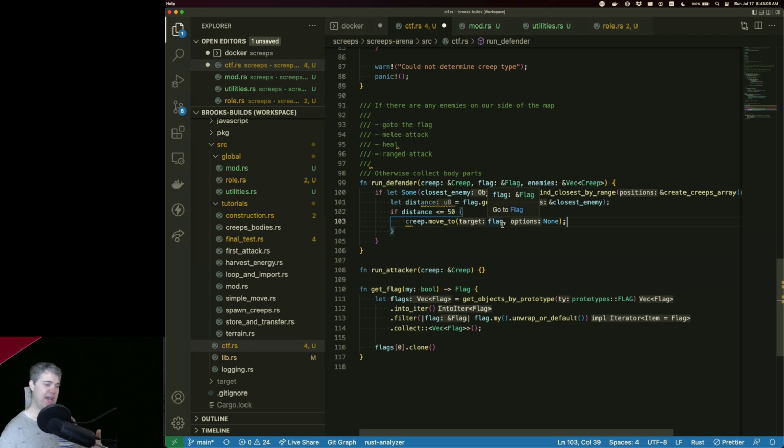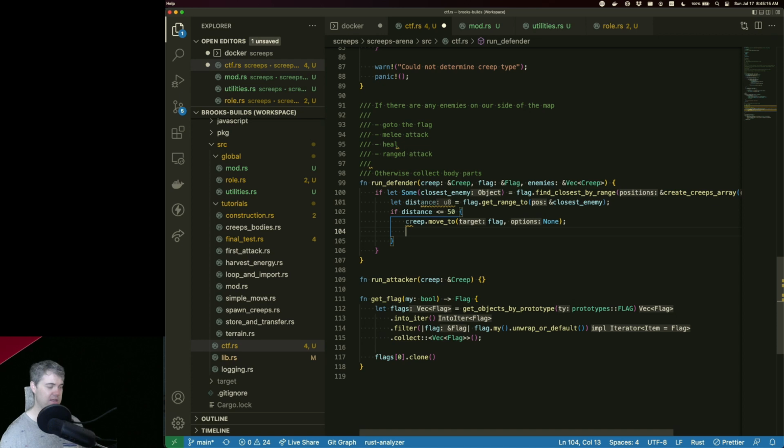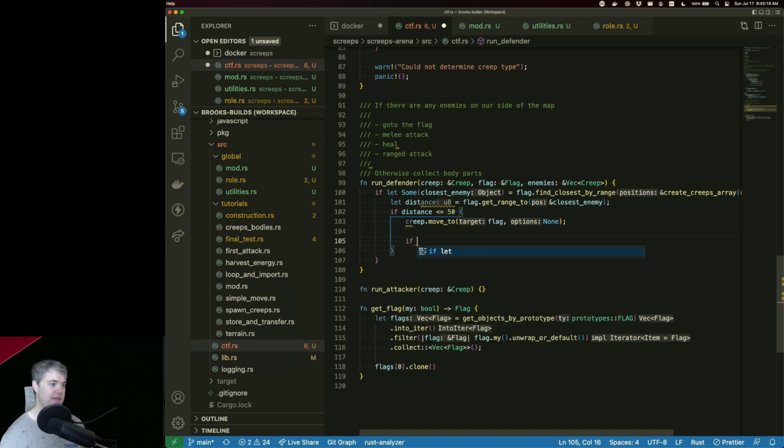I want to attack them based upon how close they are. So if the distance is less than 50, we're moving to it. If the distance is equal to 1,